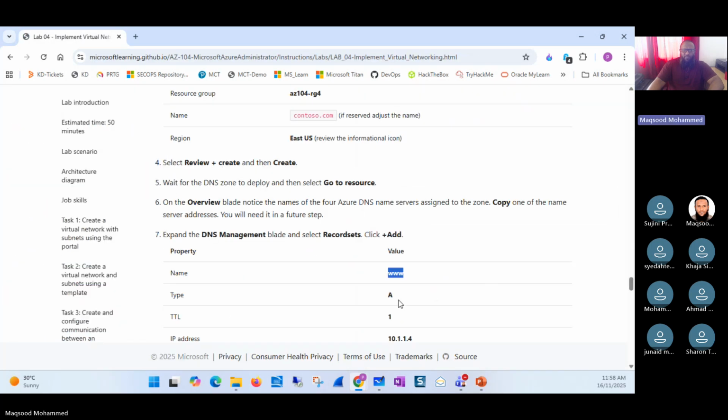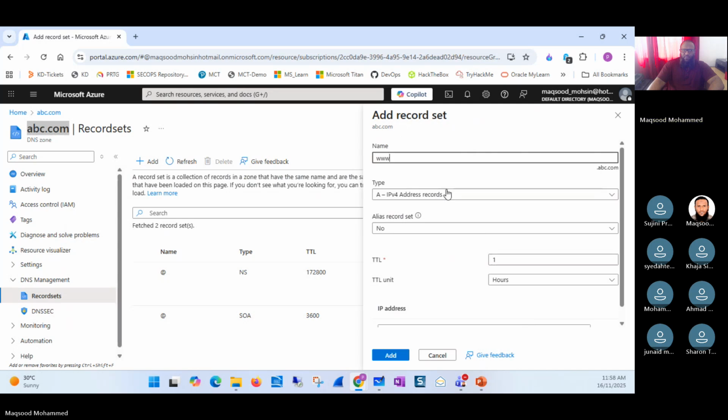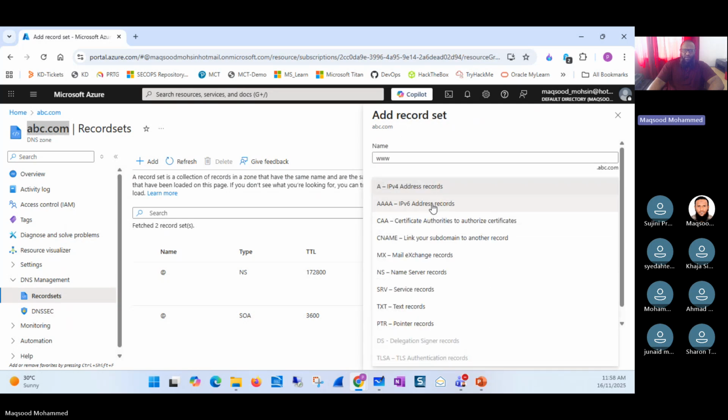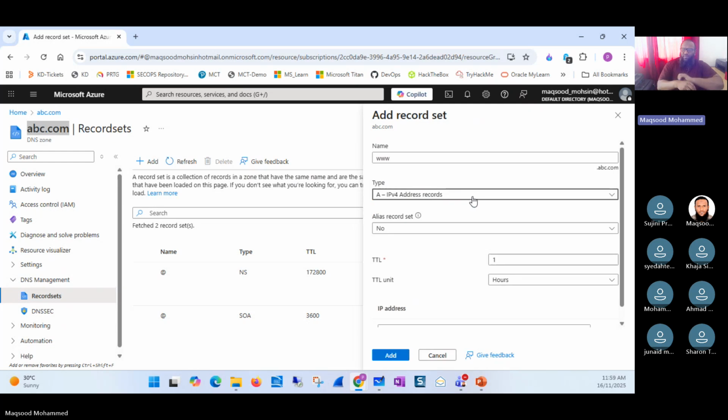And the type of the record is going to be A record. You can see A record, IPv4 address record, right? If you have IPv6, you will be creating an AAAA record. So in this example, we are going to have an IPv4 record